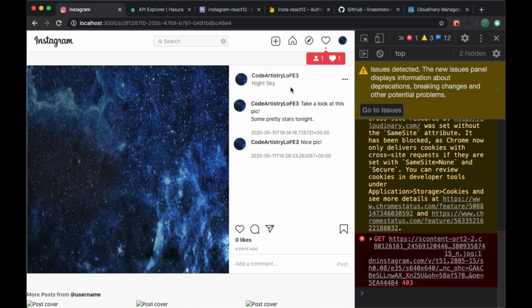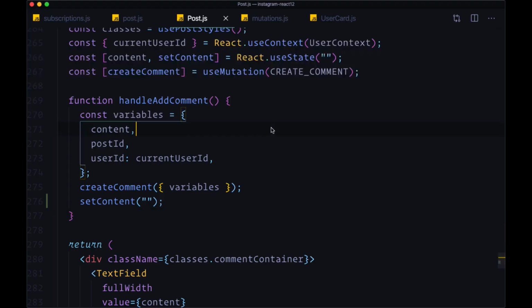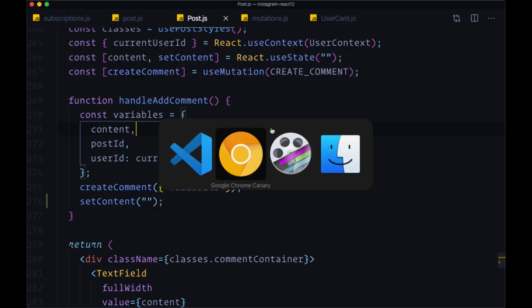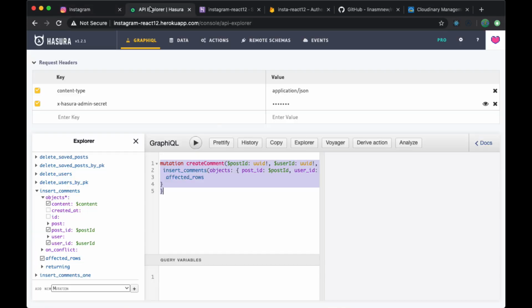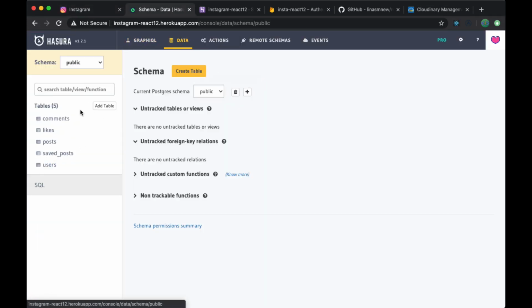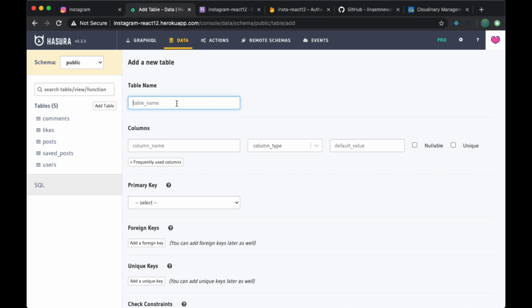The last thing that we need to do as concerns the functionality that we see here when it comes to liking, for example, a post, is we need to actually enable notifications so that when one user likes another user's post, they get a notification for it. So the way that we're going to do that is by setting up another table for notifications. So we'll go to Data, Add a Table, Notifications,